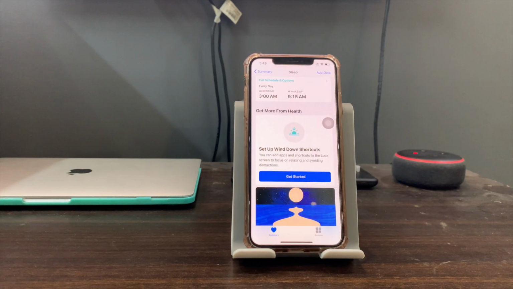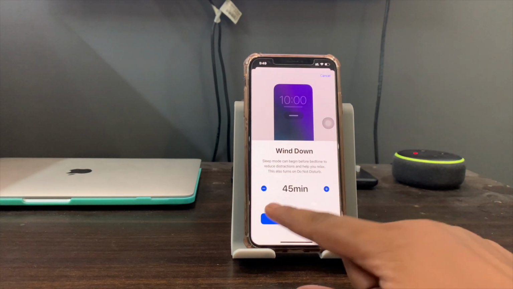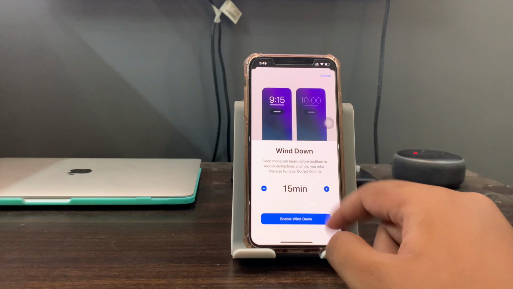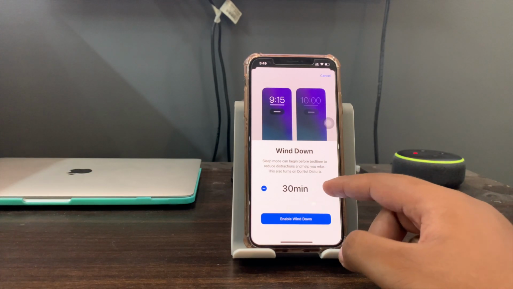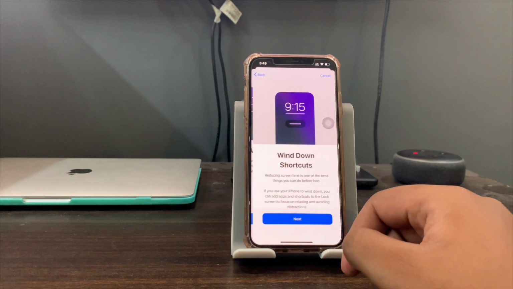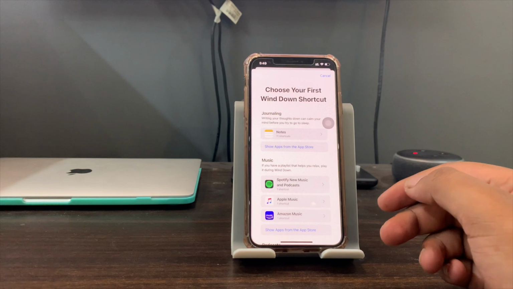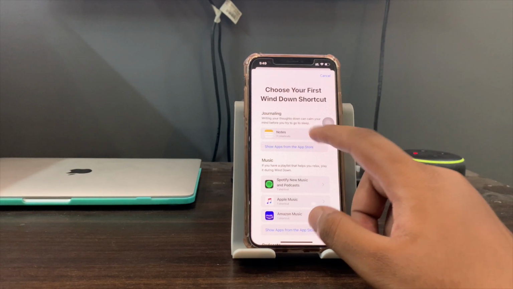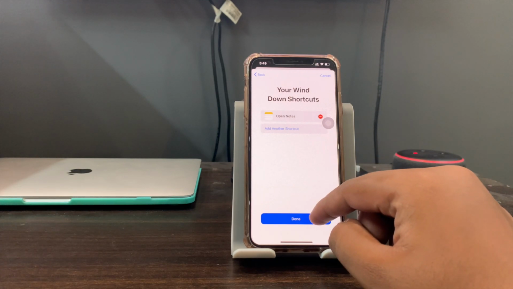The next thing in the sleep mode is that we have wind down shortcuts. What this will do is, you can choose to begin your wind down prior to your sleep. So suppose I select 45 minutes here and enable wind down, it is asking me to add a shortcut. So suppose I add notes here and open notes, and when I click on done,